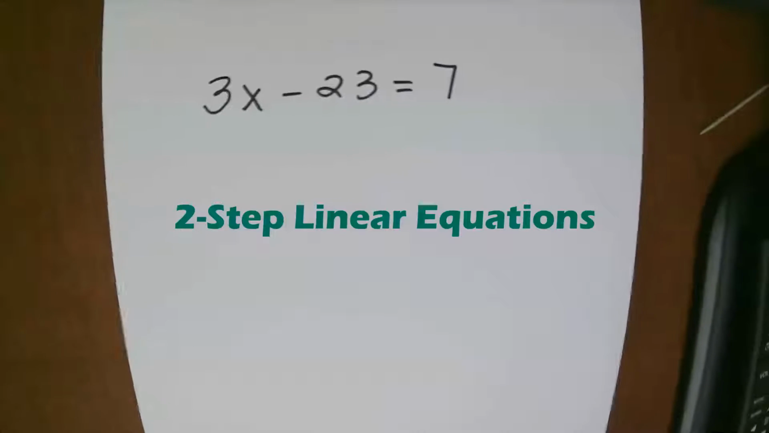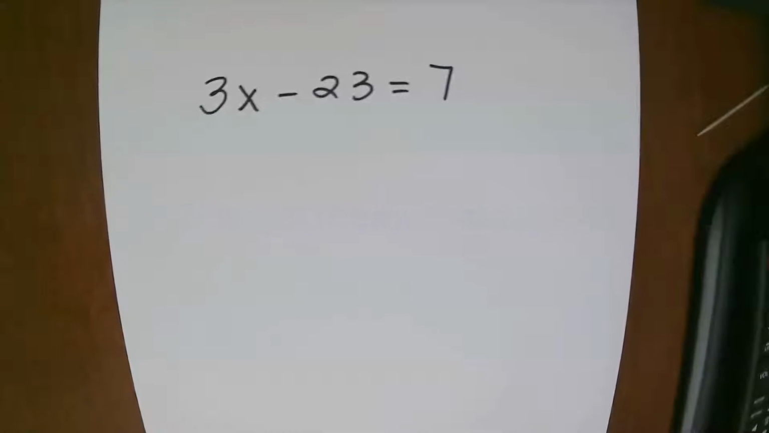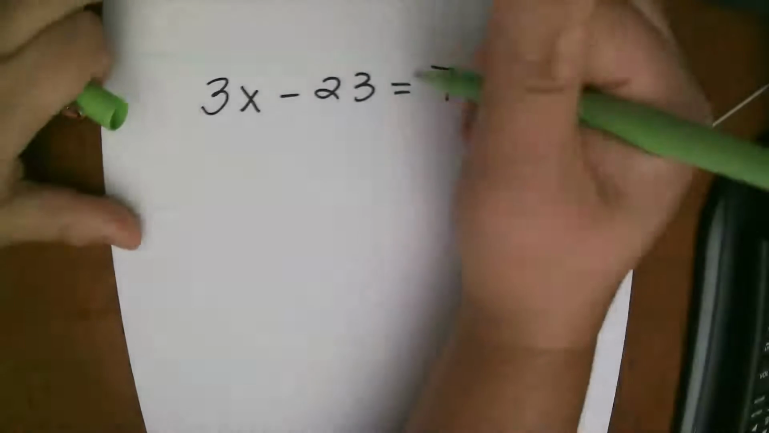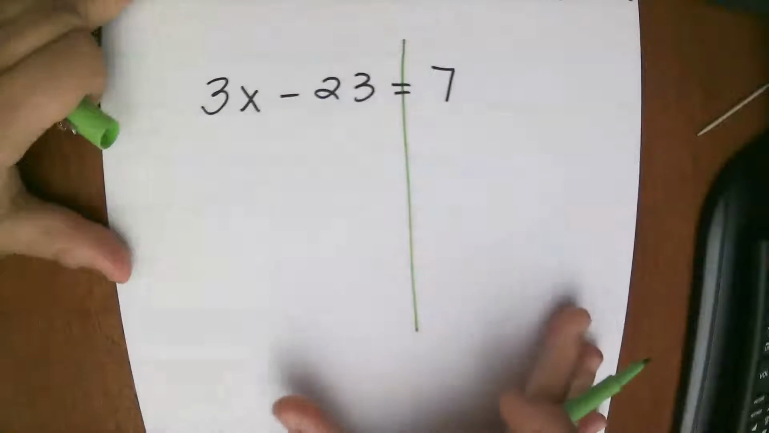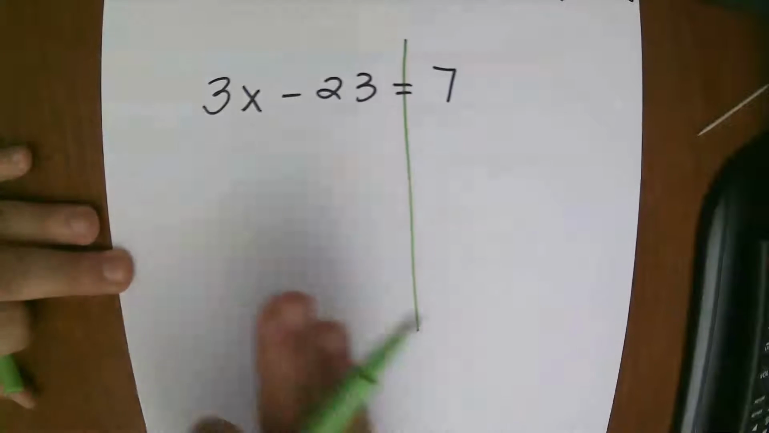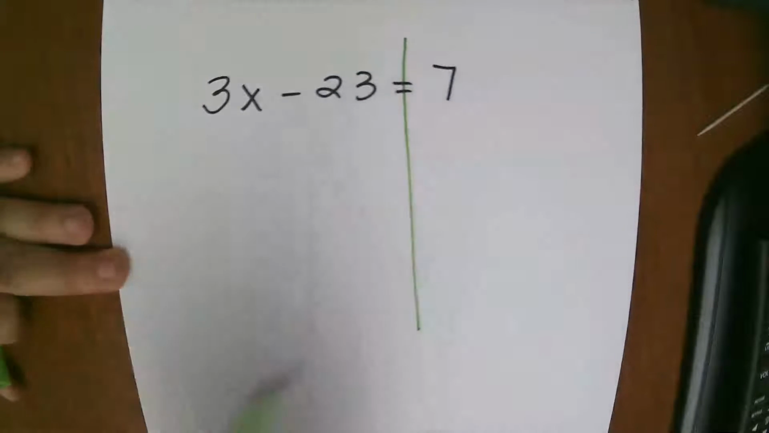Hey guys, so we're going to talk about two-step linear equations. And the reason why we call it two-step is it literally takes us 2 steps to solve it. So our first thing we're going to want to do is draw a wall between the equal sign. And that is a visual cue for us to start moving things over to the other side